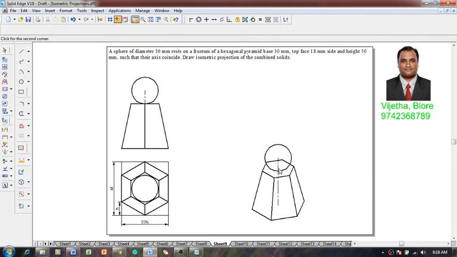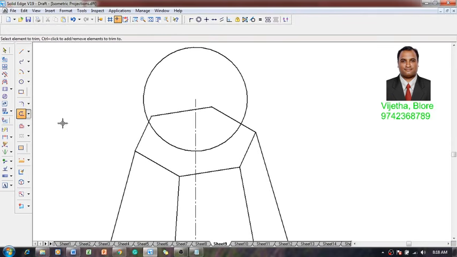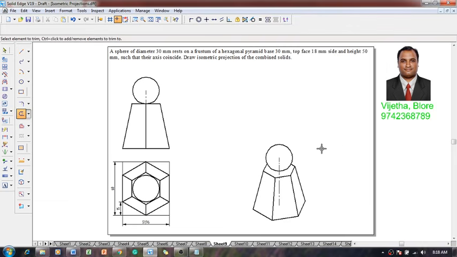Now one can see that the required constructions have been completed. Whatever remaining portions are there can be trimmed or deleted. Now one can observe that this is what the given conditions show. Please make sure that for the sphere, the axis is going to be reduced to isometric length, but the sphere diameter is not going to be reduced.